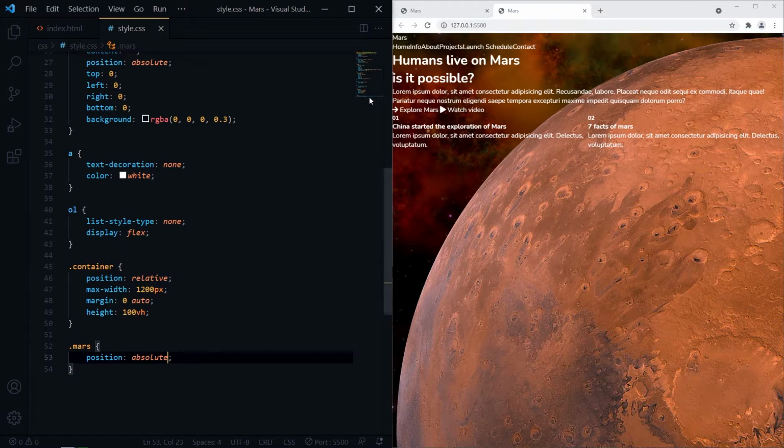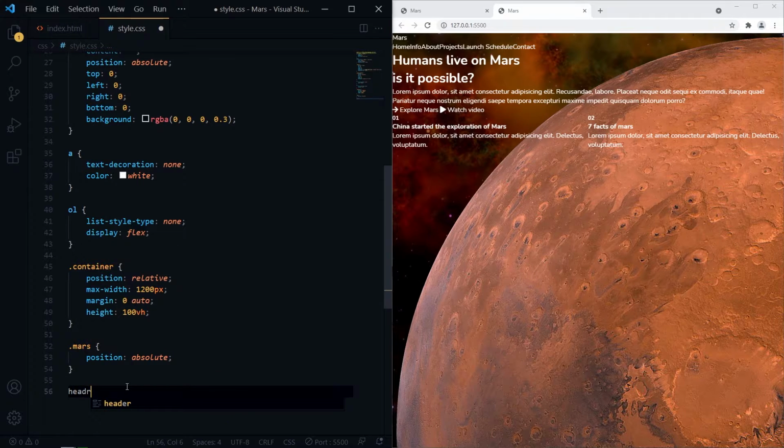First I will style our header and this contents. Then we can start animating the background image and Mars. For our header, we need to give display flex and justify content space between to place them on opposite sides. Give some padding and align items center to make it vertically in center.